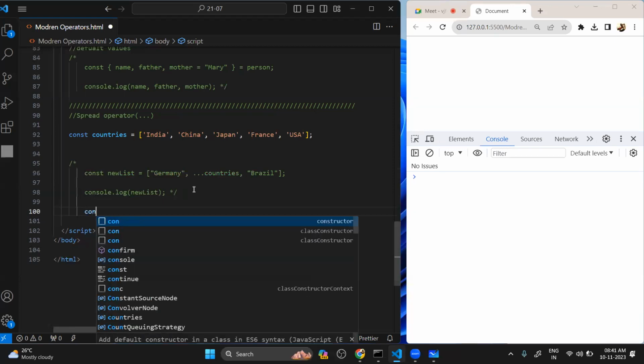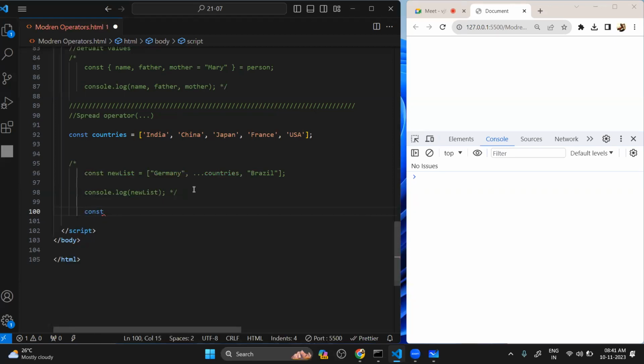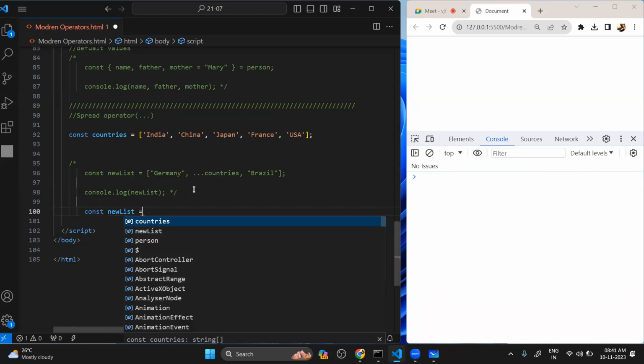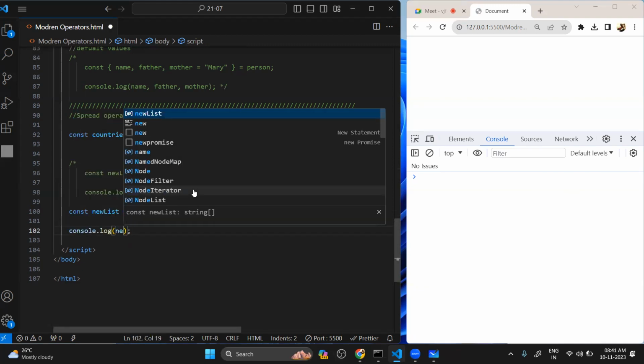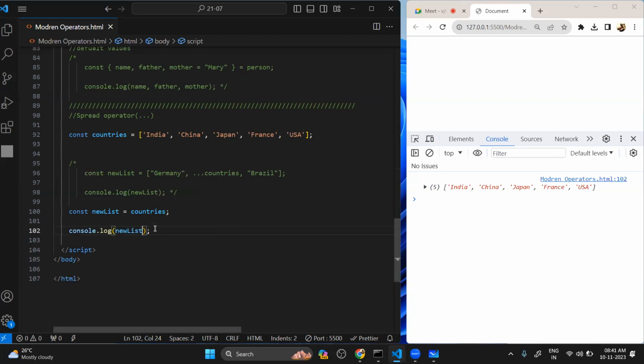Now observe, const newList is equal to countries. This is not the way to handle non-primitive types. Why? Observe. The new list is copied, but if I try to add an element to the new list, it will also affect countries, right? newList.push